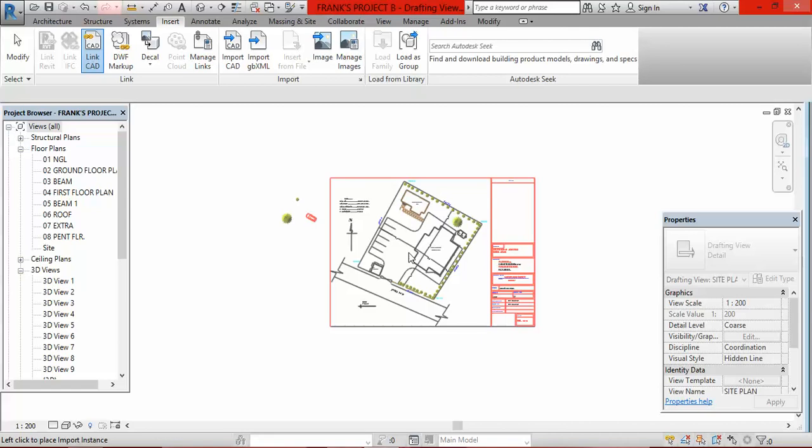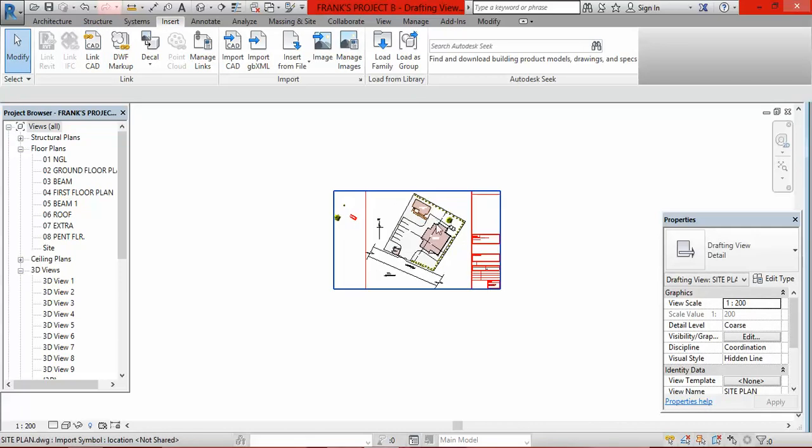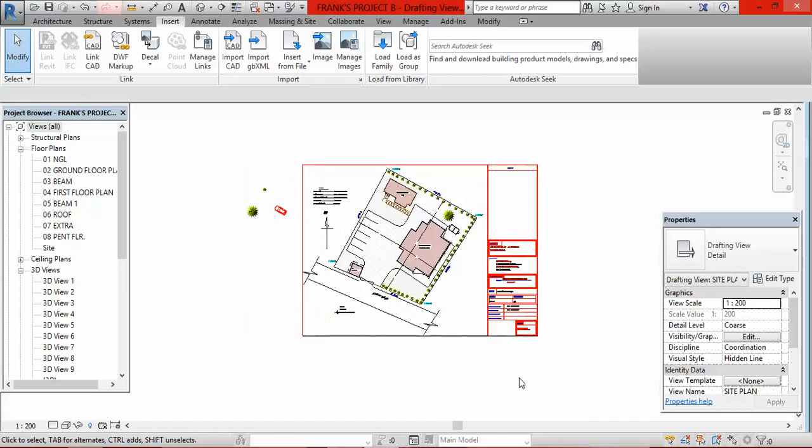But it is not too bad because you can still delete this when you have finished drawing your site on Revit. You can delete all of this. So I click here. Once you click, it will place it on the view. So as it has been placed on the view, what I'm going to do next,